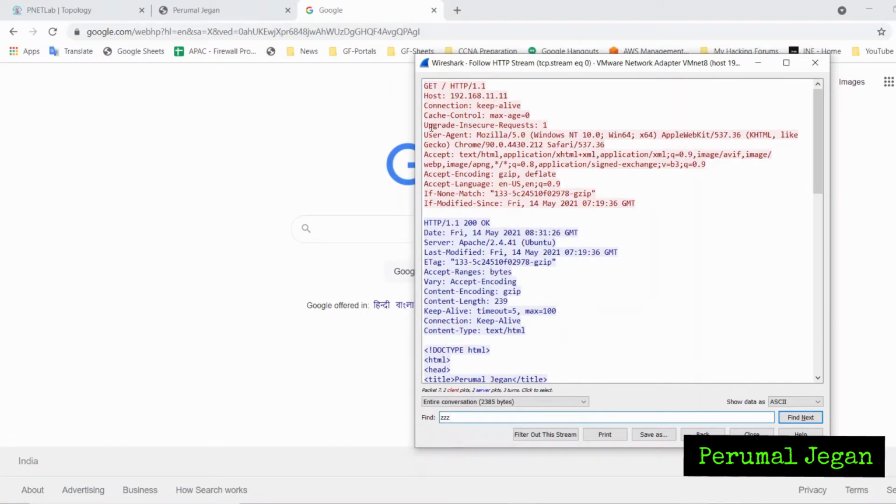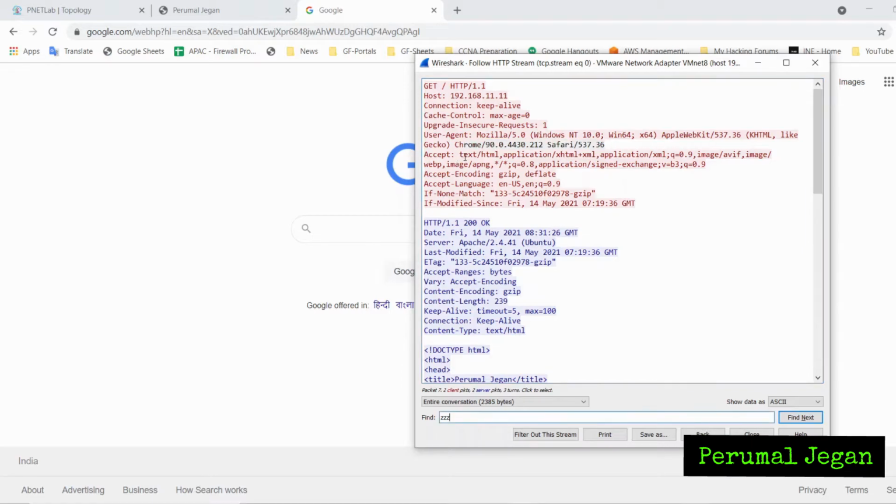And the next parameter, upgrade insecure requests. The upgrade insecure requests is simply a message sent by the web browser. Actually, the web browser informs the web server about the insecure, unprotected request. And the next one is user agent. This one is very interesting. Along with the web request, the browser also sends its details to the web server: what the web browser is, what operating system it is running on, and the complete browser details.